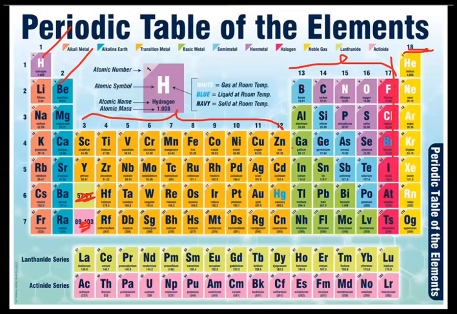Standard 10 was much easier because you just memorized certain things: going down the group, atomic size increases, going across the period, this happens. But now you're going to learn many more terms. The screening effect, what is its effect on the atomic size, what happens to the transition elements when you're going across the period. Now it's going to be a detailed study. So please learn and get familiar with the periodic table.